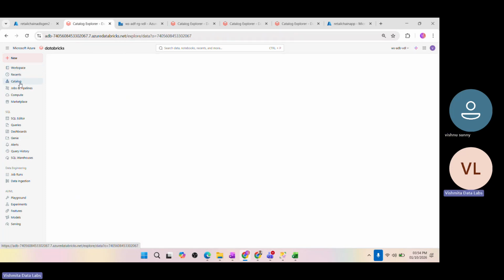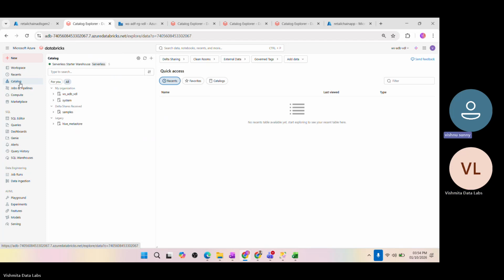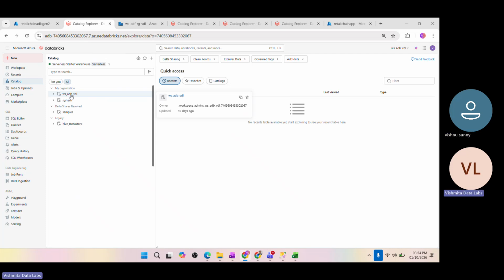Okay, let me go to catalog. Now, can we create our storage, I mean our container, in the WS ADB or in the Hive Metastore? Both are different. In this Hive metastore we can create a container inside this, but this is not